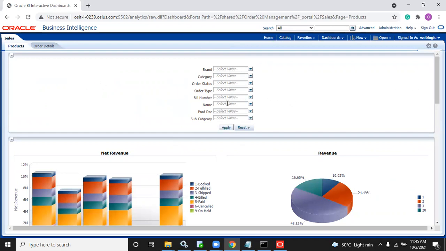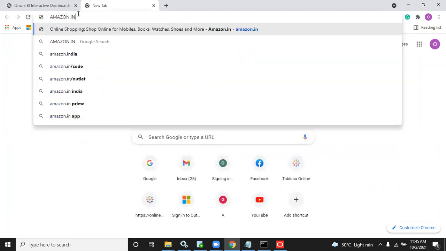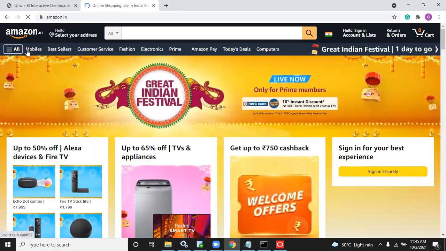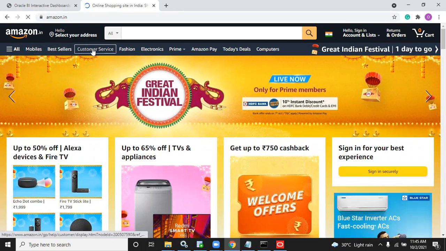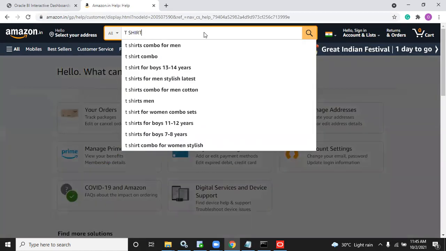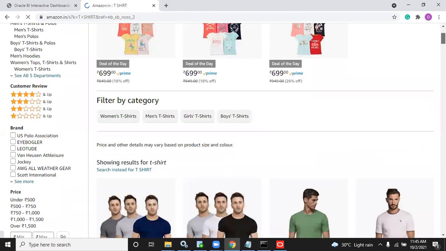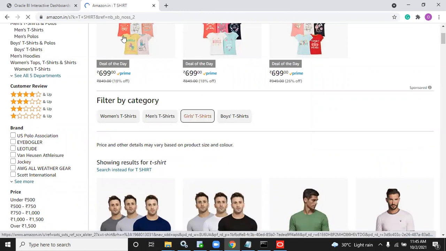When you will display this in a separate line, when your prompts are having like this, just like Amazon, sometimes here you can see these are filters. Example, let me search for a particular product. Left side, sometimes it will display. When you want prompts to be displayed on the left side, and on the right side you want reports to be displayed, then you will go that.